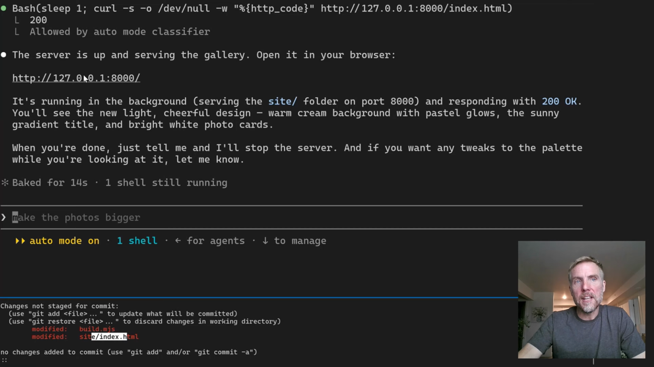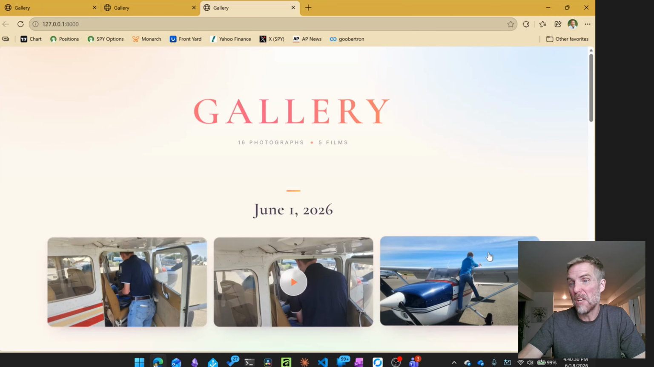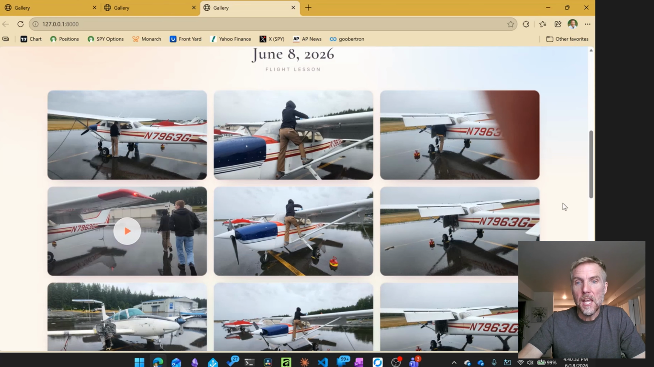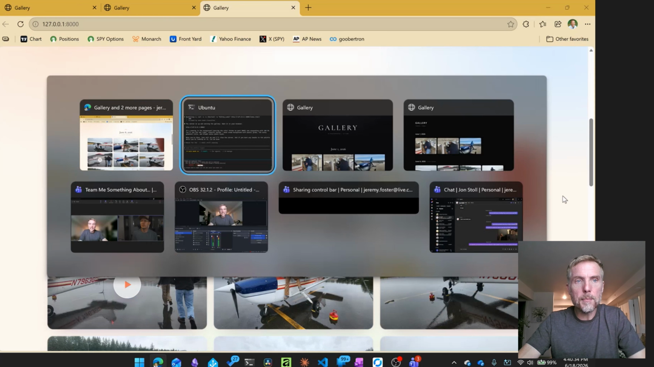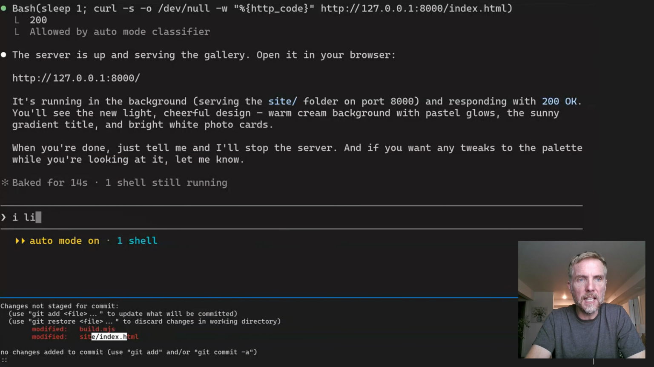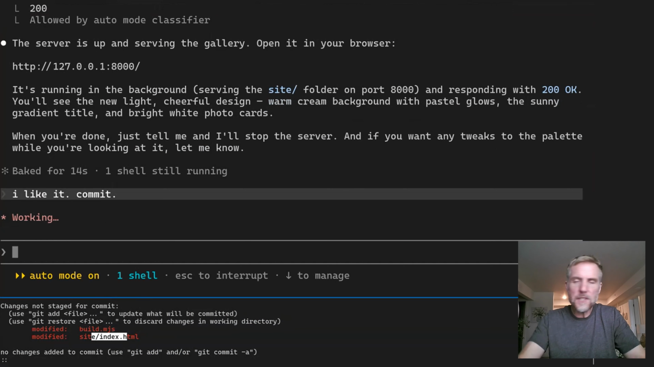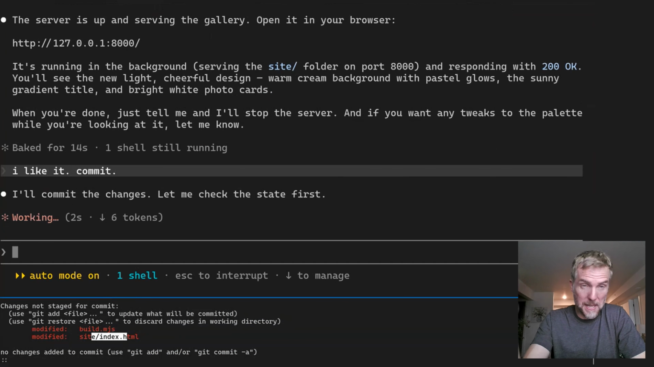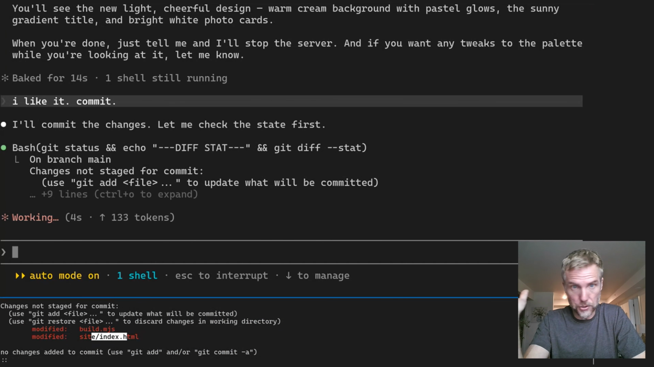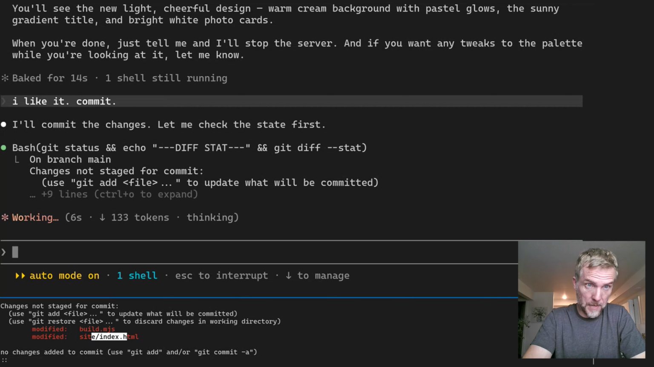Now in WSL here in my terminal, I'm able to hit Control and click, and this is localhost 8000. So here we go, it's changed it. Let's just say I like it, so I'm going to flip back here and say I like it, commit. Oftentimes I just say commit, or commit and push, or commit and merge and push, or something like that. But I just made a change. We're working on a